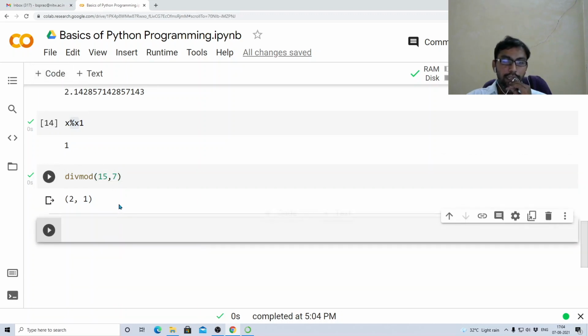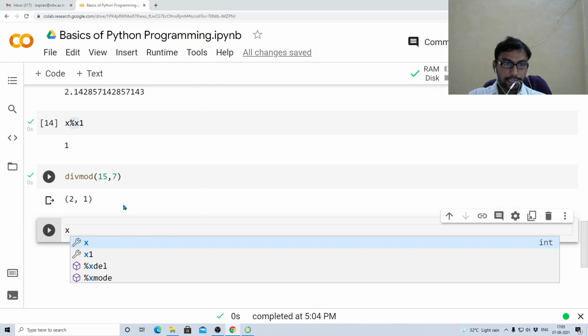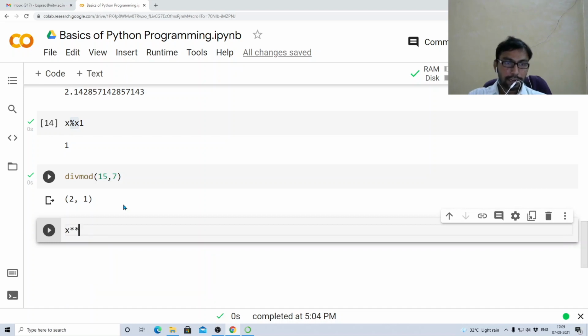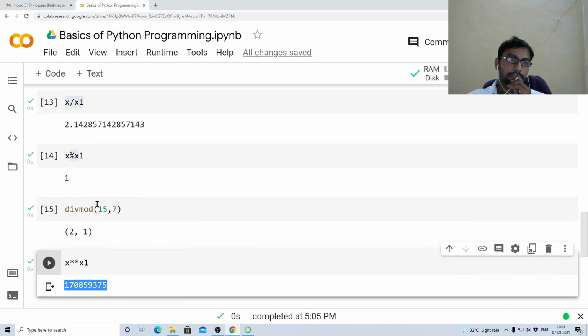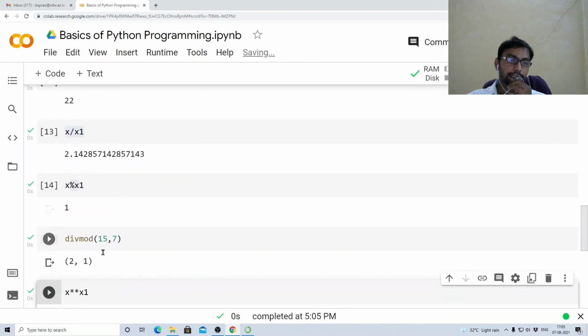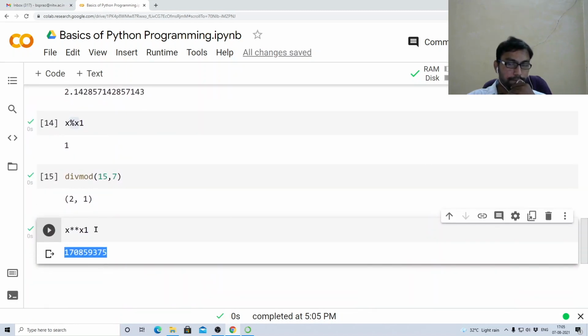Similarly, you can implement something called x power y. Let us say x power x1. How to do x power x1? There is an operator, the double star. Double star indicates power, x power x1. Now let me run it. x power x1 is this one, you see. x power x1 means what? 15 power 7. It was giving this value, 15 power 7.